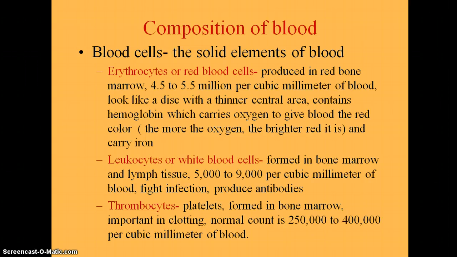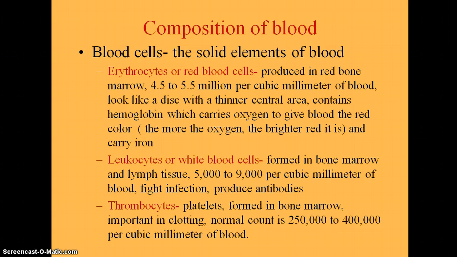So when a blood vessel is cut, the thrombocytes collect at the site and form a sticky plug, and they create a chemical called serotonin that causes your blood vessel to spasm and narrow, so that slows down the flow of blood. And then they release an enzyme called thromboplastin that acts with calcium and other substances in your plasma to form thrombin, and that acts on the fibrinogen in your blood to form fibrin, which makes